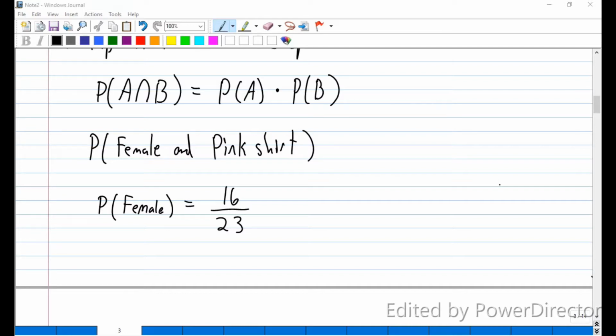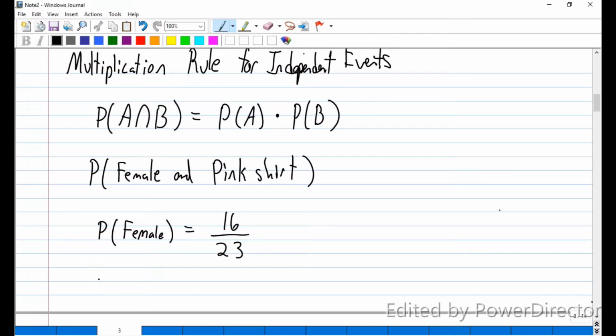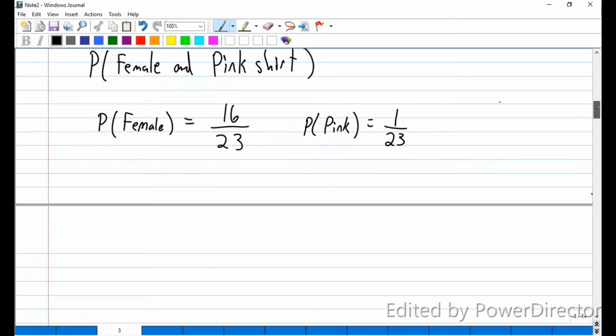Now, what is the probability that the female is wearing a pink shirt? Well, let's just say the person's wearing a pink shirt. I only see one person with a completely pink shirt on in here. No names will be called. So that's 1 out of 23. So the probability that if I randomly selected a person in this class that they would be female and wearing a pink shirt